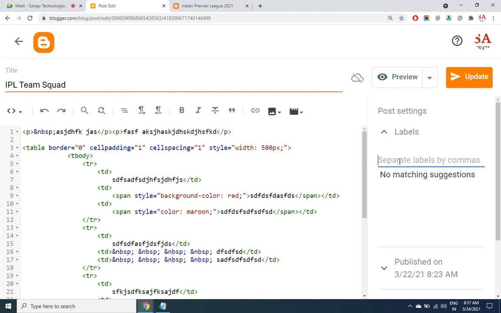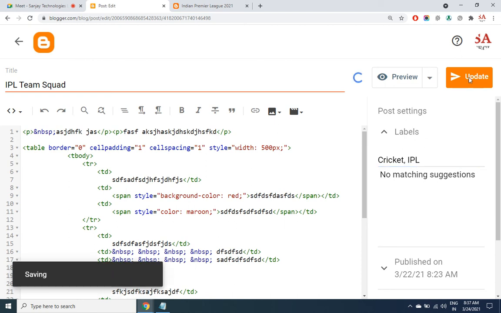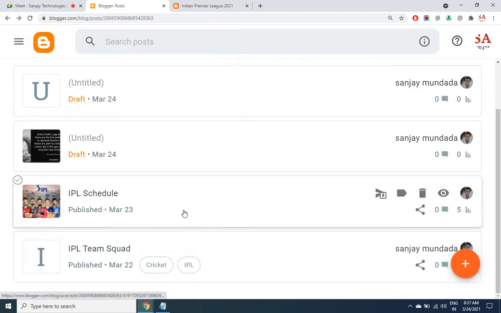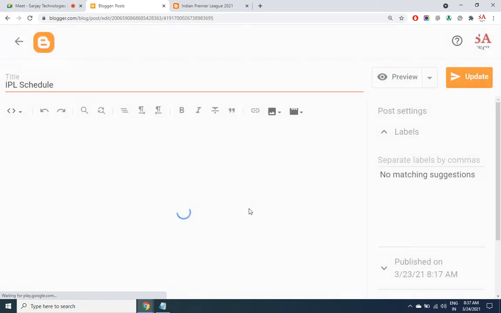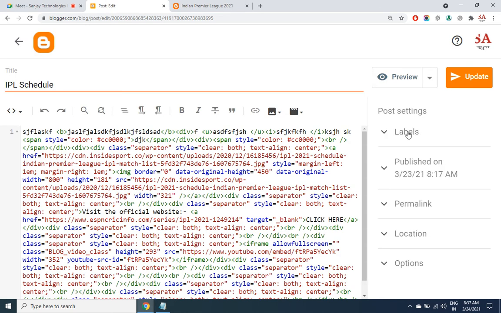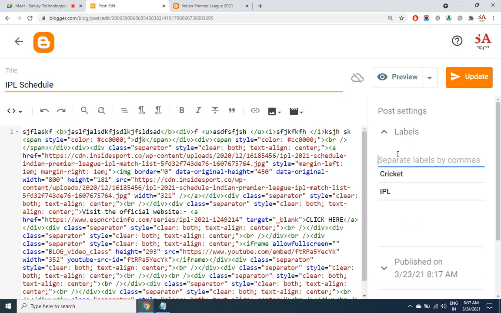So click on it and give the topics which are relevant to this post. So say cricket, IPL, update. Likewise for this one, I wish to give the labels IPL and 2021.